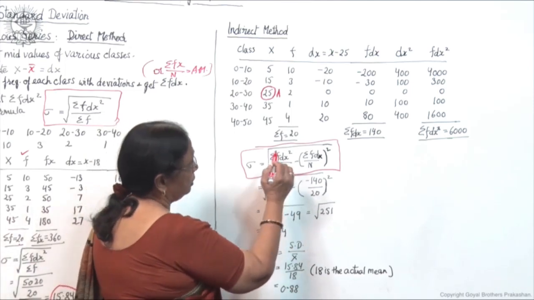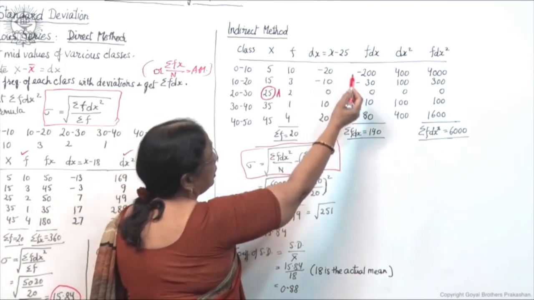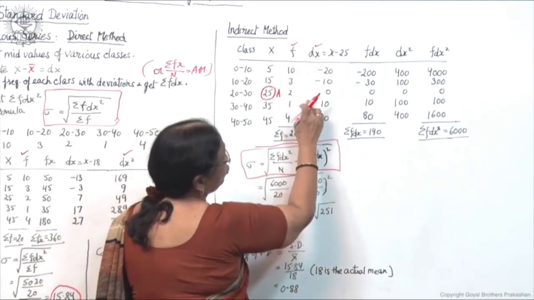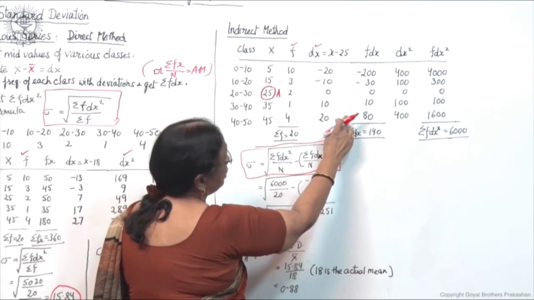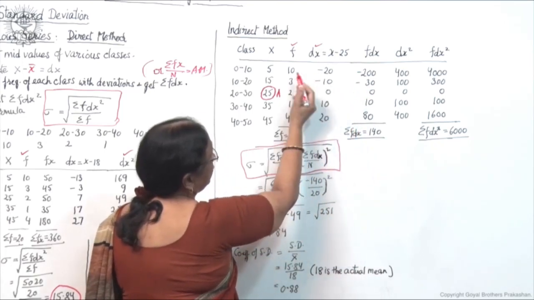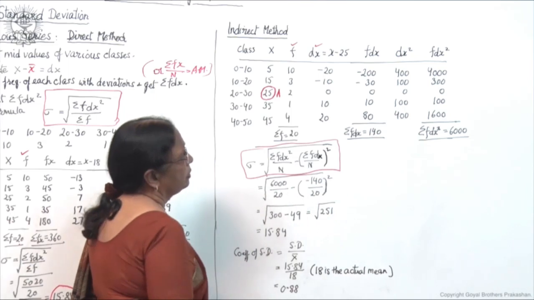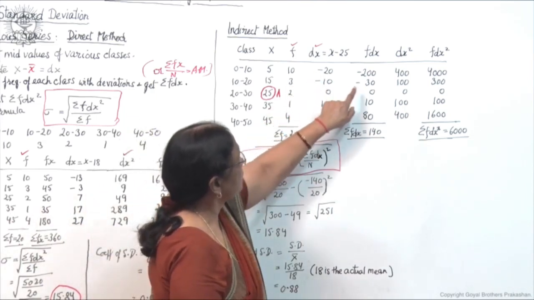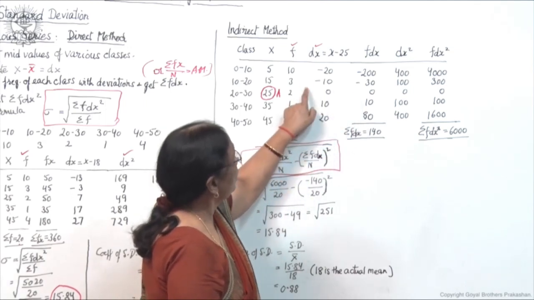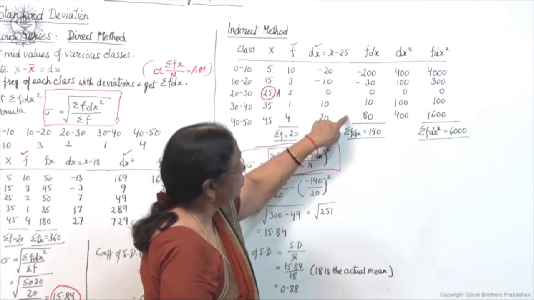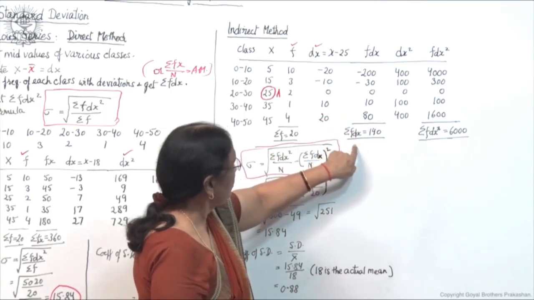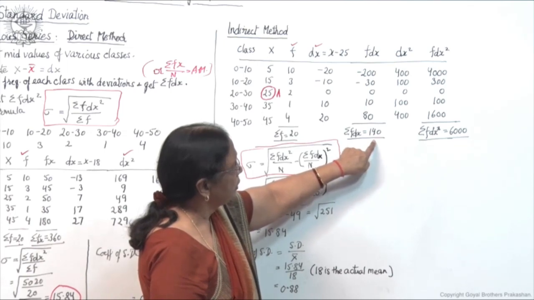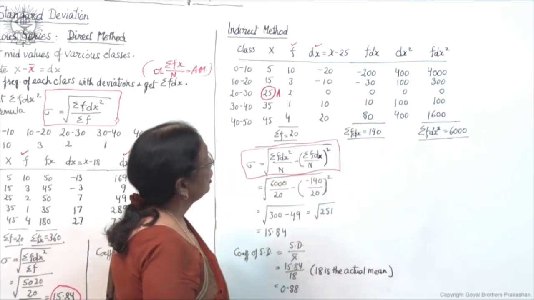So here after calculating dx column, multiply it with frequency, this and this, multiply these two columns and you get the values. For example, minus 20 into 10 is 200, that is minus because here it is minus 20. Same way minus 30, you multiply these two columns and get the values. Do the total of this column, because you need sigma f dx. So do the total, it is 140 here. Now next is